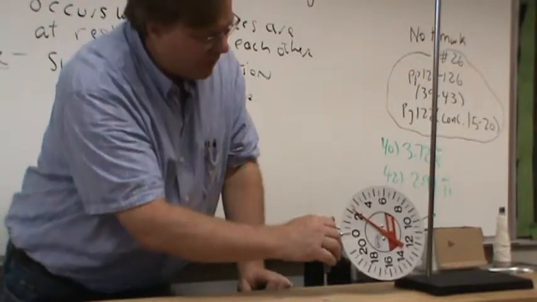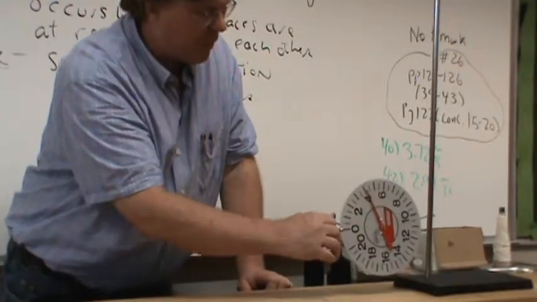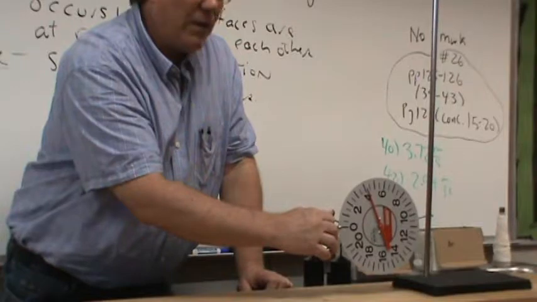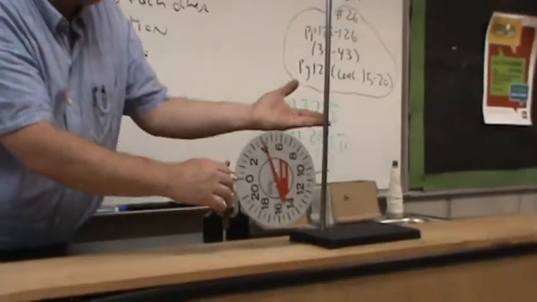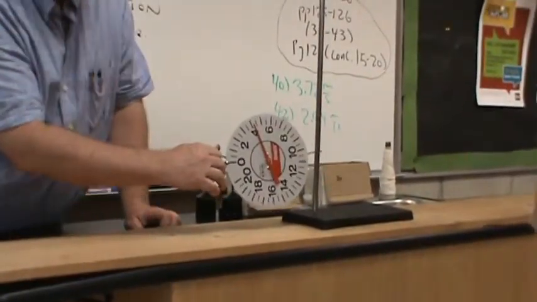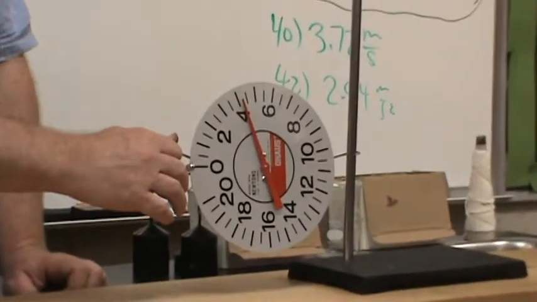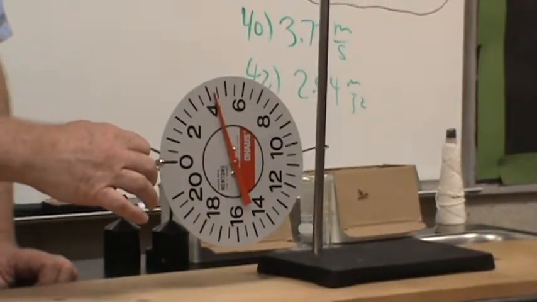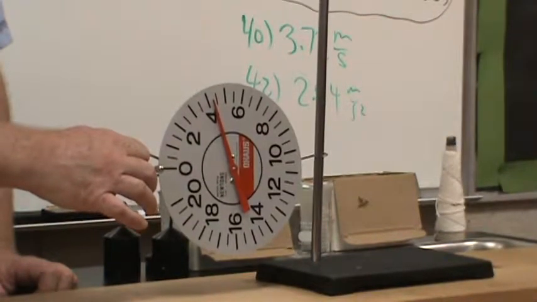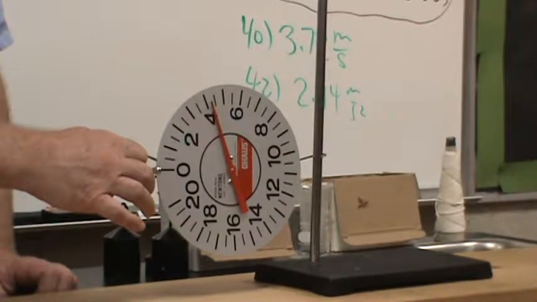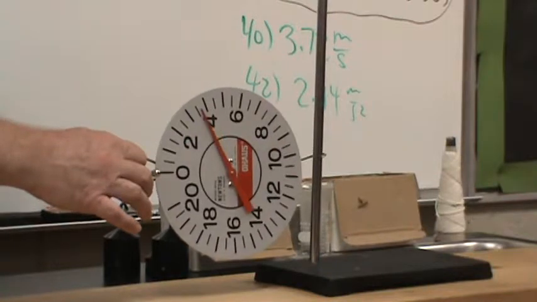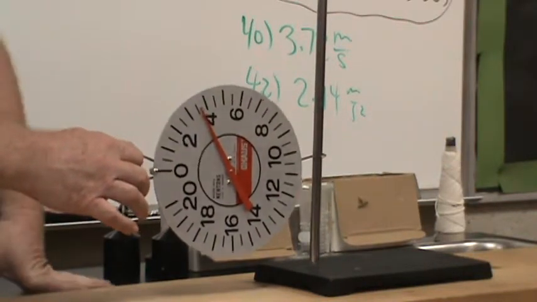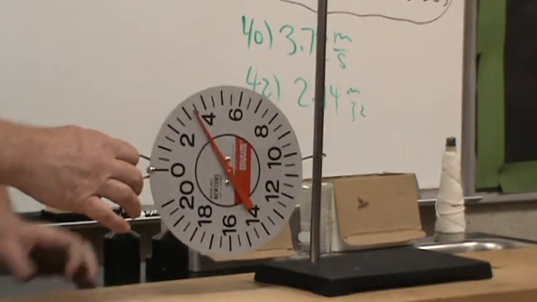So it's 2 newtons. Okay, now I'm going to exert 4 newtons of force. Tell me, now that I'm exerting 4 newtons of force on this ring stand, how much friction force is the ring stand exerting to oppose me? 4 newtons, right? So do you see, unlike other forces like weight, I weigh 260, there's no changing that. But I want you to see that the friction force changes. It depends how much force I'm exerting.